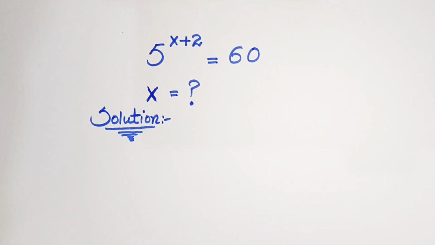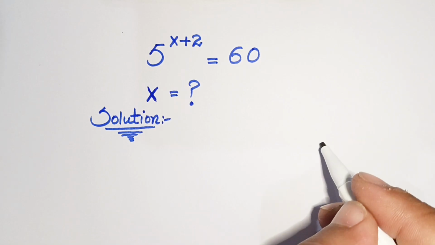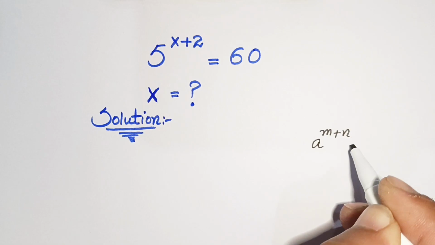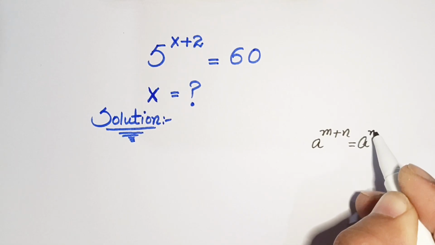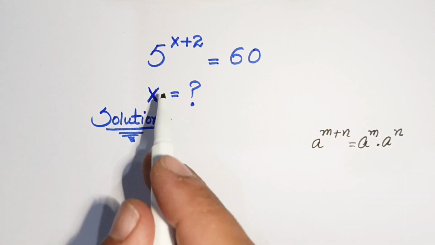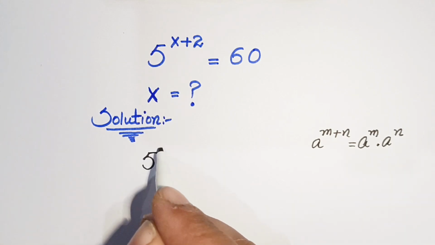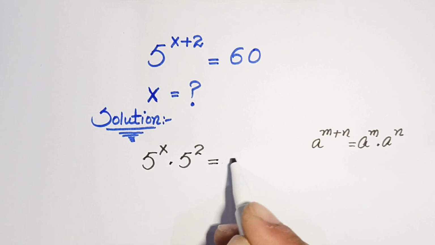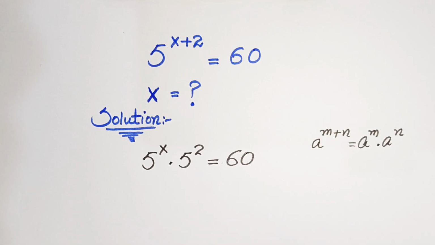Now starting our solution, first of all we use the exponential property that if we have a to the power m plus n, it can be written as a to the power m times a to the power n. So here this can be written as 5 to the power x times 5 squared, which is equal to 60. Now if we divide both sides by this 5 squared,